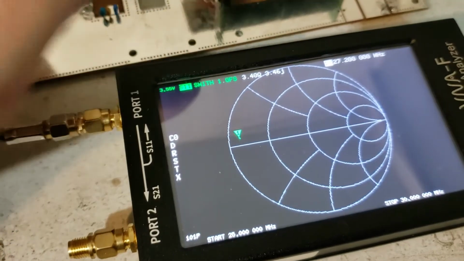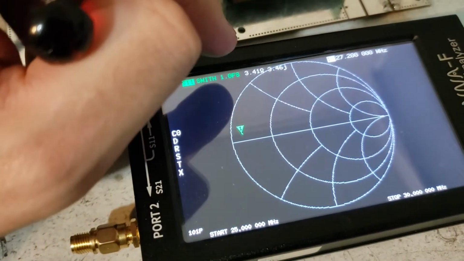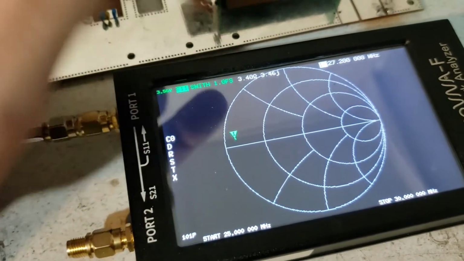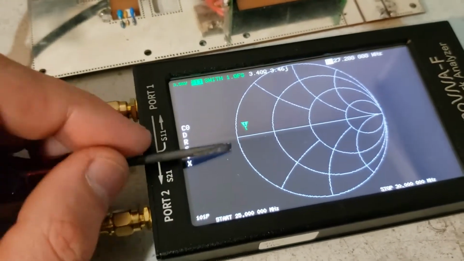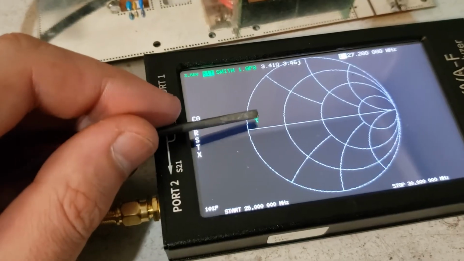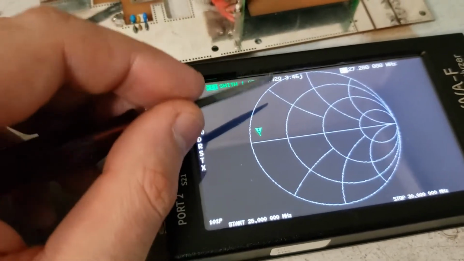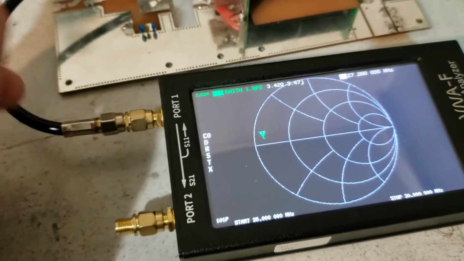Okay, so we've got a pretty low value here, pretty low resistance, but our inductance is still a little bit high. In my experience, Toshiba transistors are a little bit lower on inductance, and they're also quite a bit lower